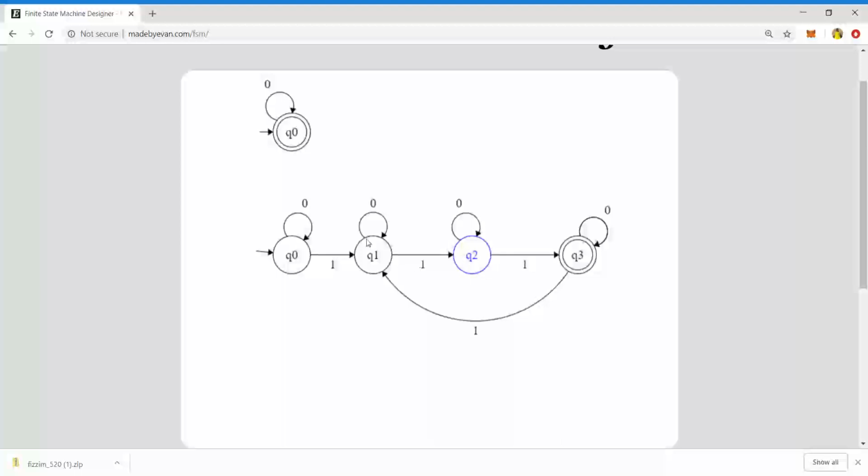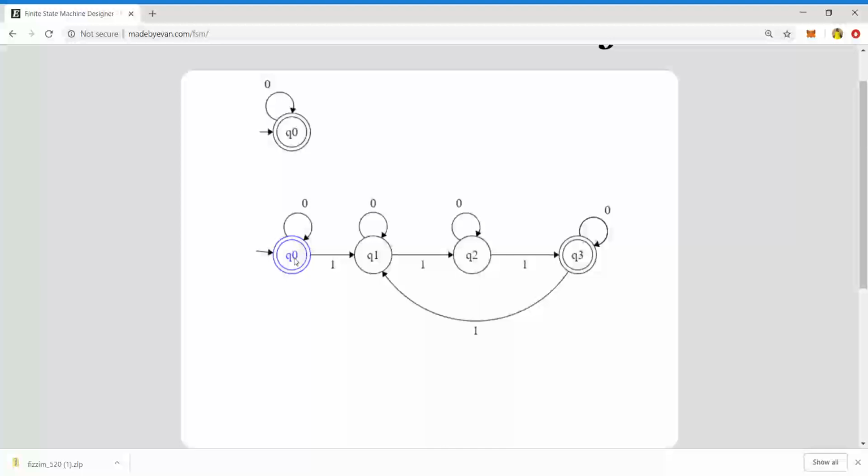Now here there is one problem. This finite automata, this DFA, is not accepting the empty string. Why? Because see, your Q0 is not a final state. When your initial state is a final state, only then it accepts the empty string as well. So again, this is not a complete solution. We need to consider this initial state as a final state, right? So when we consider the initial state as a final state, it accepts the empty string as well as all the combinations of zeros.